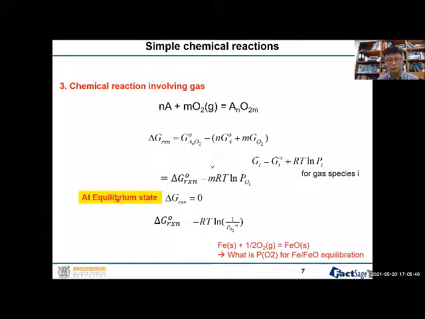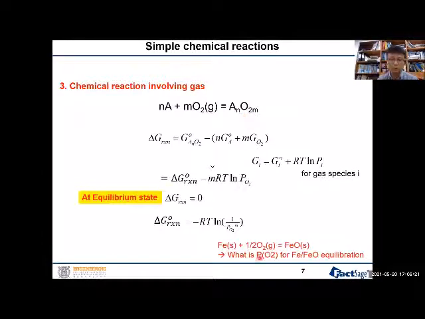And if you assume the left side and right side of the chemical reaction are in equilibrium, then we can assume that the Gibbs energy difference between reactant and product is 0. Then we can derive the famous equation, delta G naught of reaction equals minus RT ln of the partial pressure. And this partial pressure is the PO2, which is required to make your A phase and A oxide phase exist